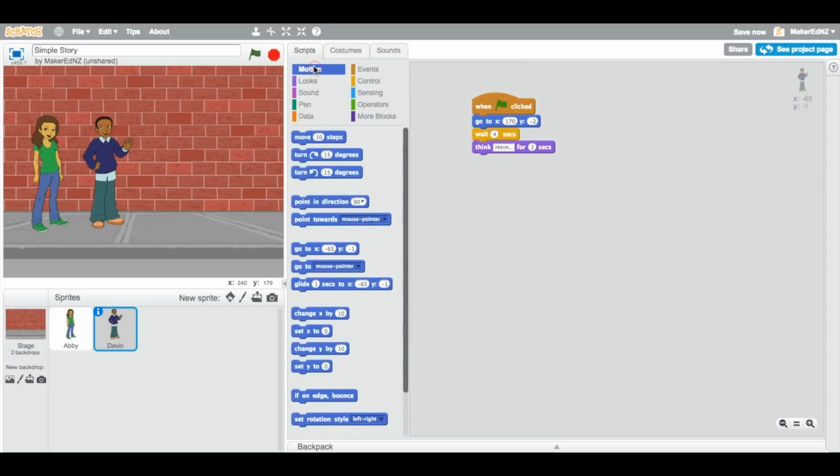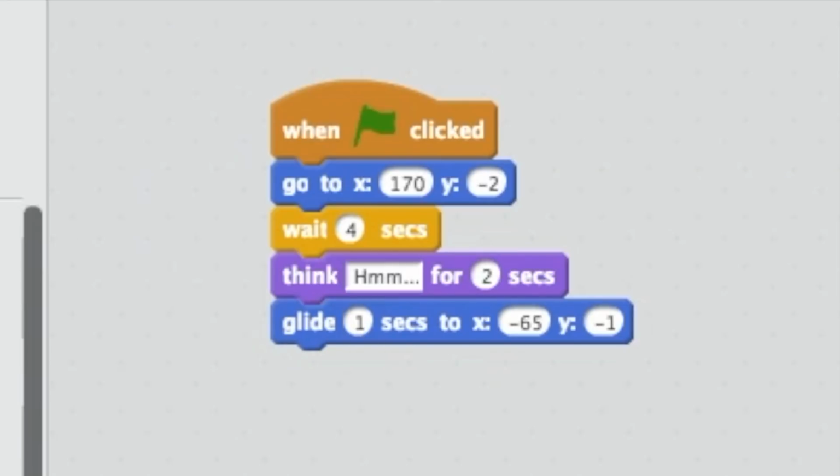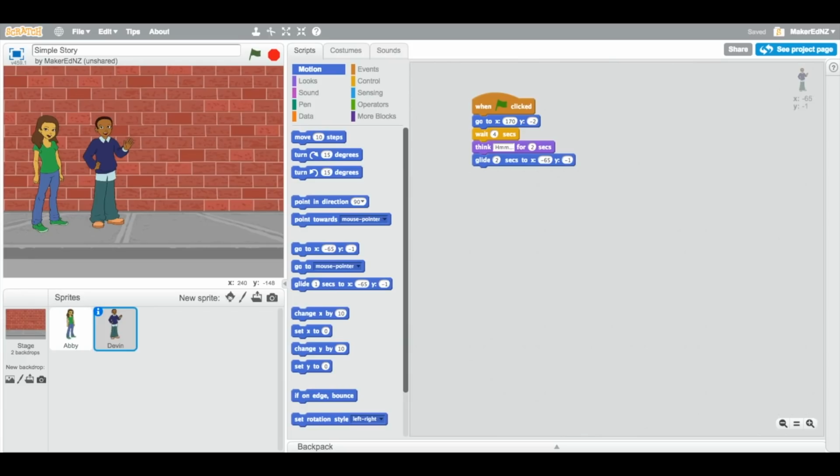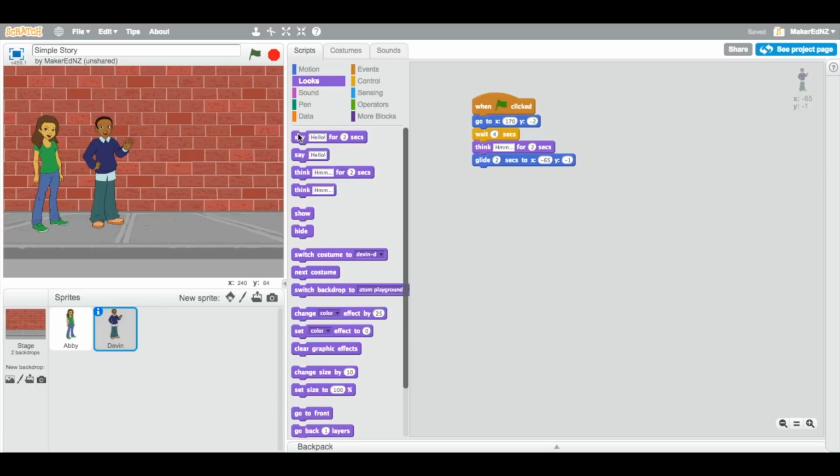And we'll use a glide block to have him glide over there. And 1 second to go from here to here might be quite quick. So let's give him 2 seconds to do that. Now that Devon is over here, we want him to say something again. So let's go back to the looks block and have him say,